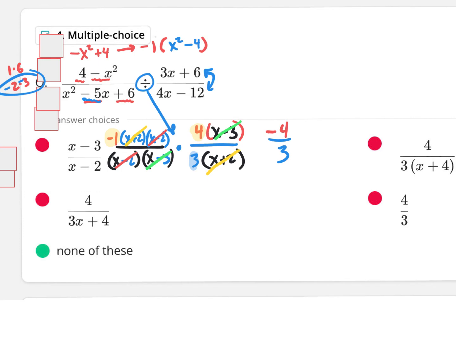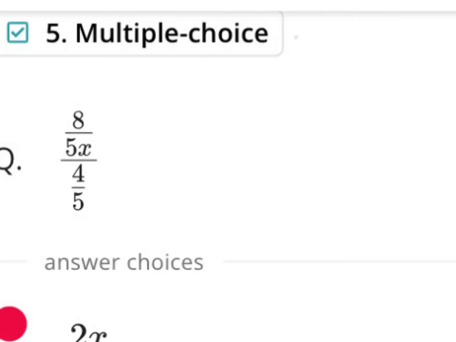None of these. Number 5, it's a complex rational expression. It looks complicated because you have fractions within fractions. You have a fraction for the numerator, a fraction for the denominator. It looks complicated, but it'll look less complicated if you make that division bar a division sign and write this whole thing out horizontally instead of vertically. So I really have the 8 over 5x, division bar, but I'm going to put a division sign, divided by